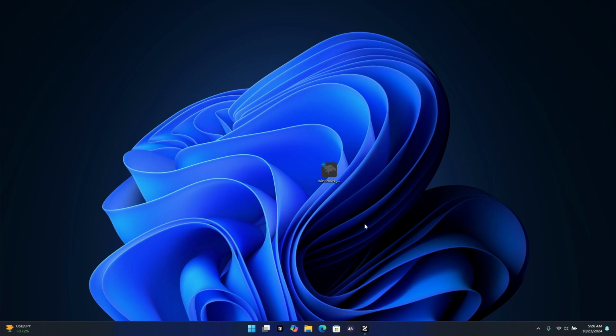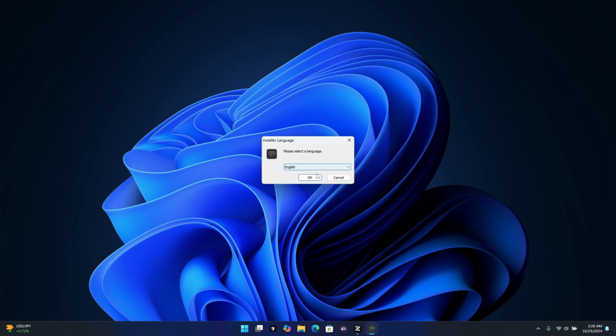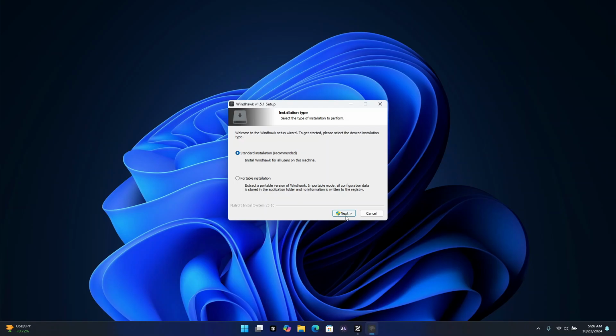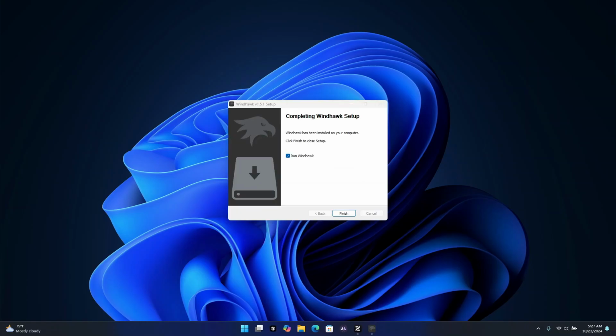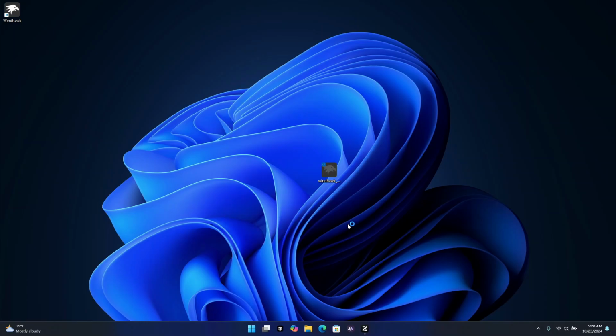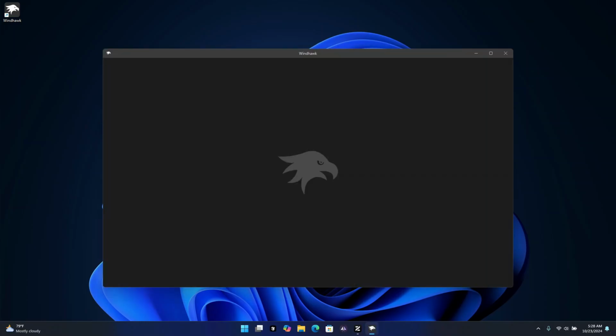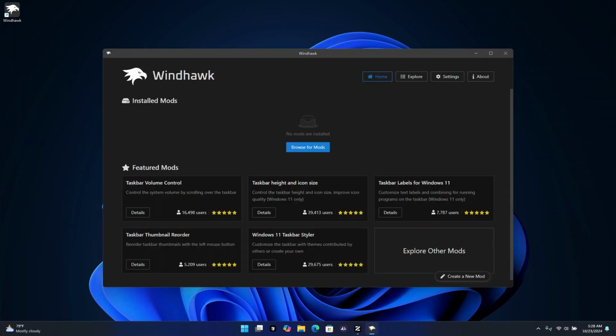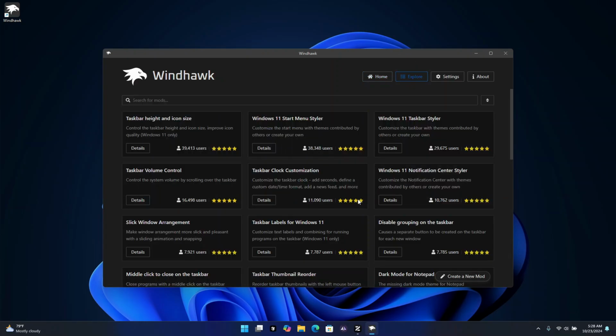Once you have downloaded the WinHawk, you can just double click on it to start the installation setup. So I'll click on OK, and here click on next to install. Now once WinHawk is installed, just click on finish to open WinHawk. Once WinHawk is open, it's going to load all the mods that are available for the Windows, and now you can just click on explore, and here the first thing we are going to customize is our Windows start menu,